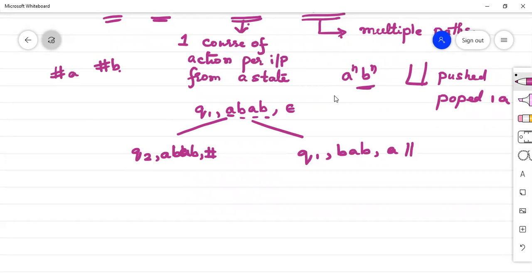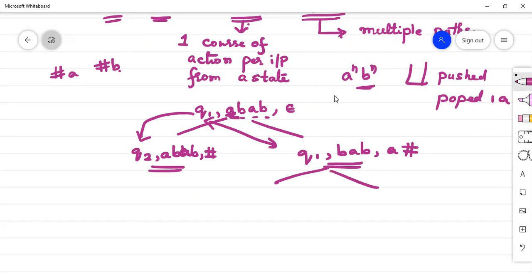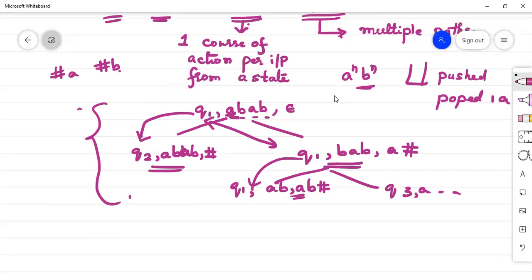So if I see here, don't worry about this, just see the example. This is on getting A itself as an input. Here we have consumed A and here we have not consumed anything, but we change the state from 1 to 2. Here we remain in same state, but we have consumed one input. Okay. Similarly, this can continue to any depth. Like here, you remain in state and you have consumed one symbol here and you pushed that B, whatever. And here you might change state, okay, and do something. Basically, don't bother about what's happening. All that you need to know is for each input symbol we might take multiple courses of actions, and that is called as NDPDA,